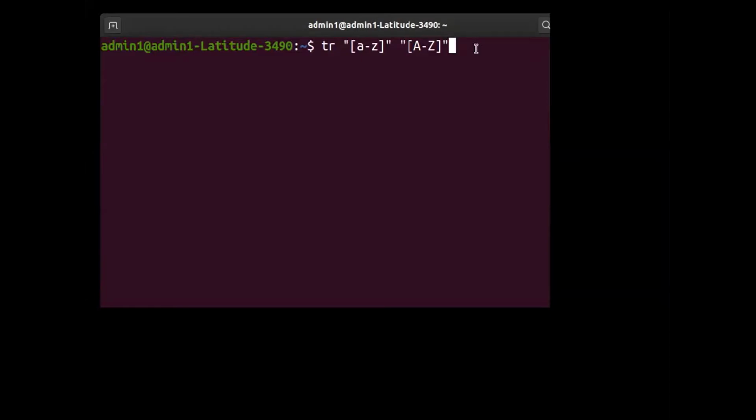So under this situation, the tr command will take input from your standard input device, that is the keyboard. Now the moment I press the enter key, it is going to wait for me to type something. The cursor is blinking on the next line, waiting for me as a programmer to type something.